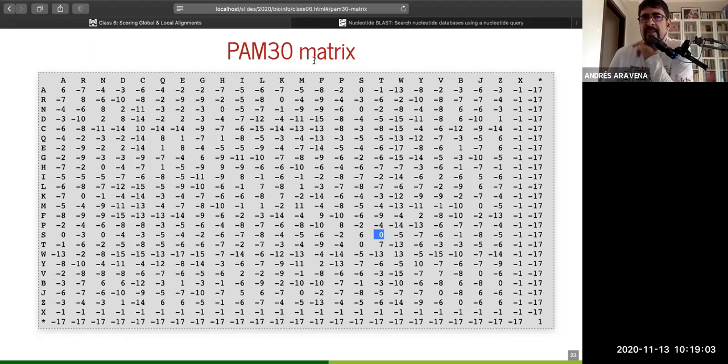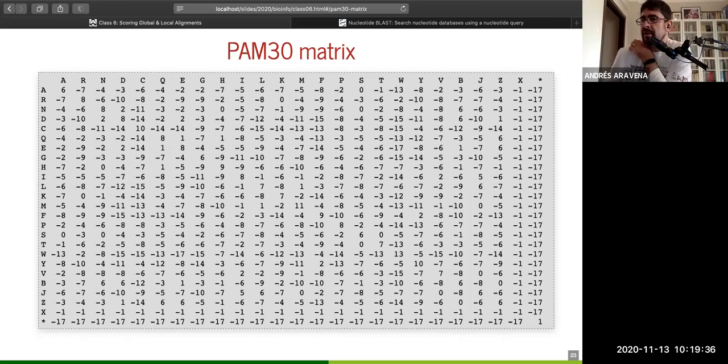And this matrix is built based on the observed frequency in a particular set of proteins, the proteins that were available in 1978. With some hypotheses, you say, okay, I try to make it in a very controlled way. I take the best examples that I can do by hand, and I count the substitutions in the simple case, and then I extend with a mathematical rule to the future. Now,